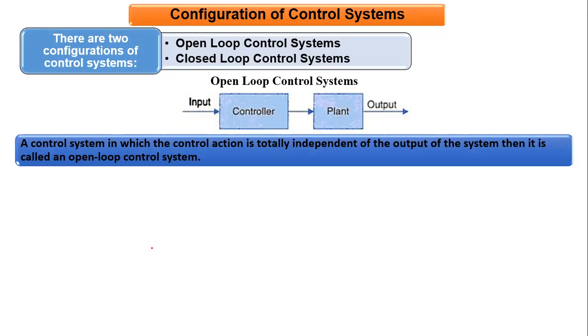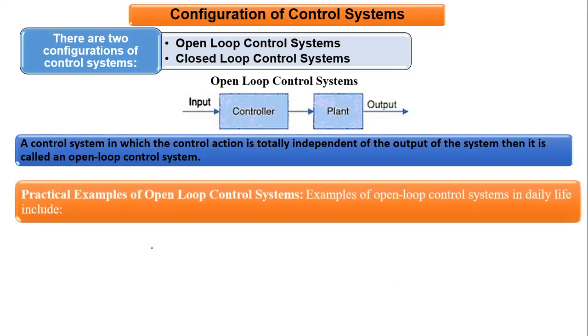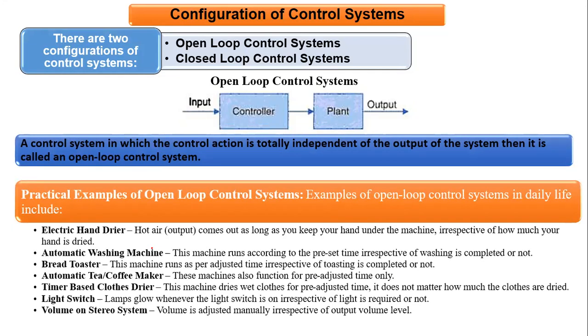That is, the controller does not know the response, how the plant is responding, because it is not monitoring the response of the plant. Fine. So the examples could be the electric hand dryer, then automatic washing machine, bread toaster, automatic tea, coffee maker,